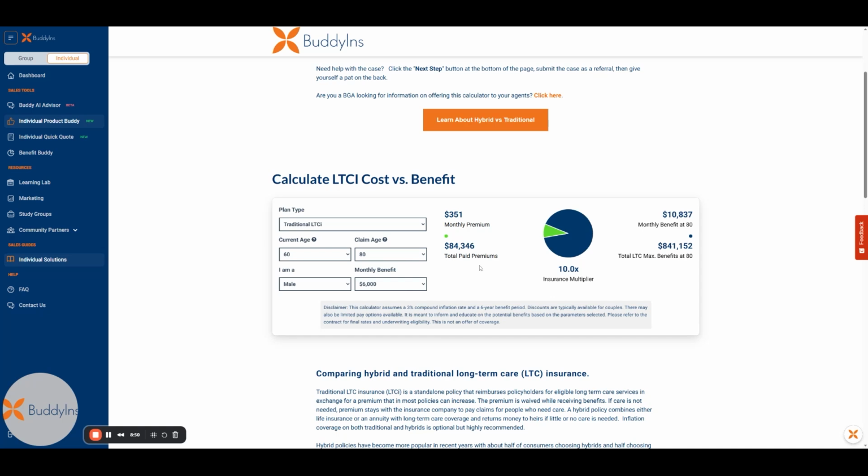So this is an easy way to take your client through and say, if we looked at a $6,000 monthly benefit for a traditional long-term care plan, it would come in at $351 a month. If we started this at age 60, paid premiums till age 80, when we would then go on claim, we would have paid in $84,346 in total paid premiums. We have $10,837 a month of benefit at age 80 that's available to us for long-term care, and our total long-term care benefits sit at